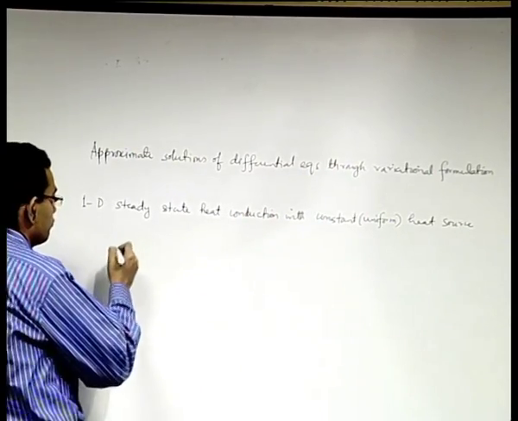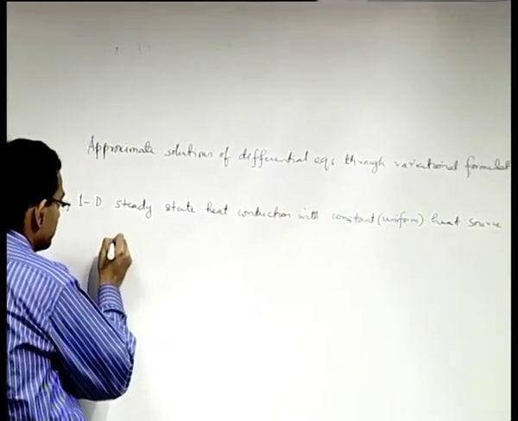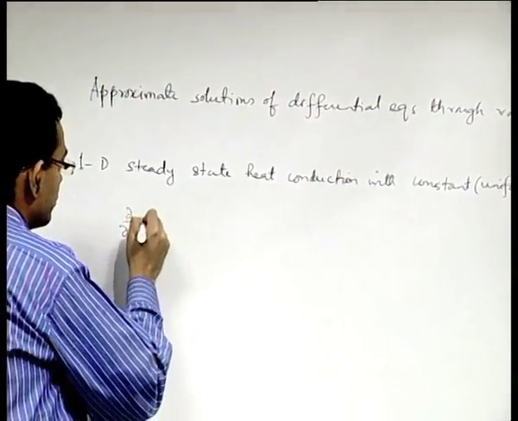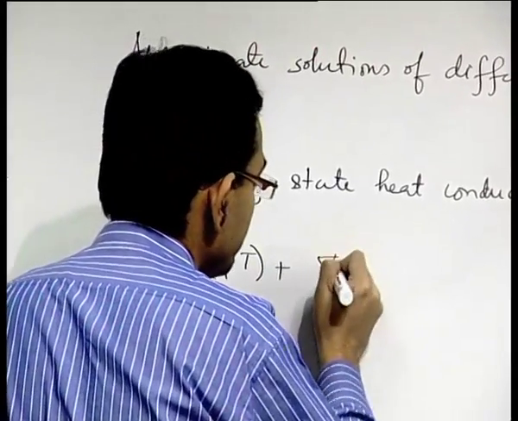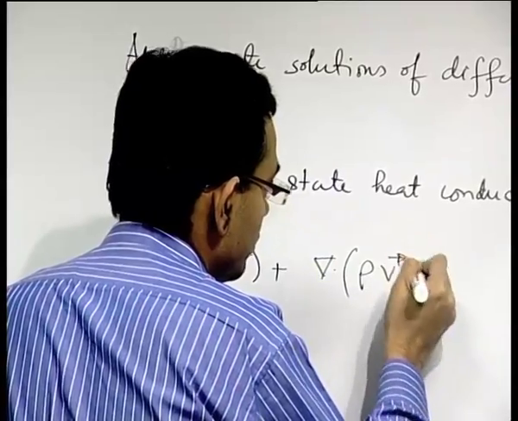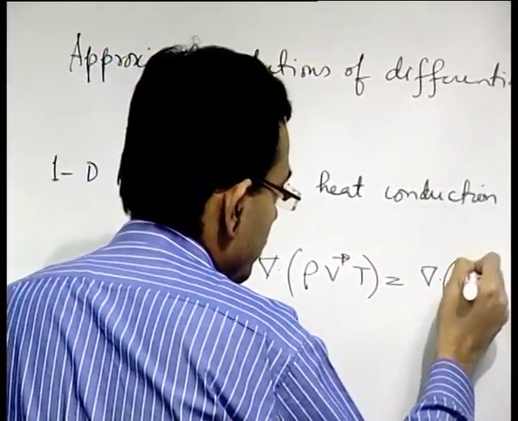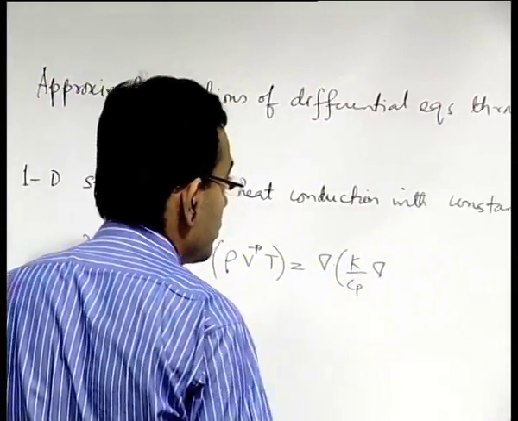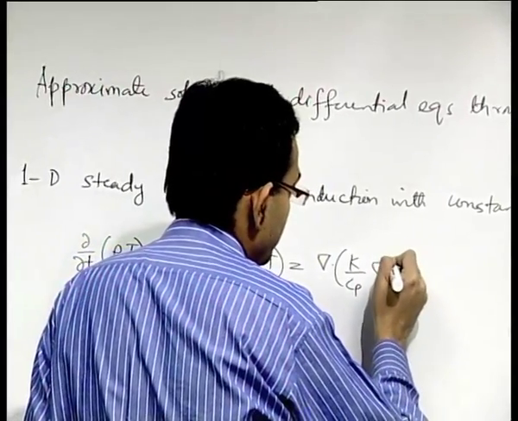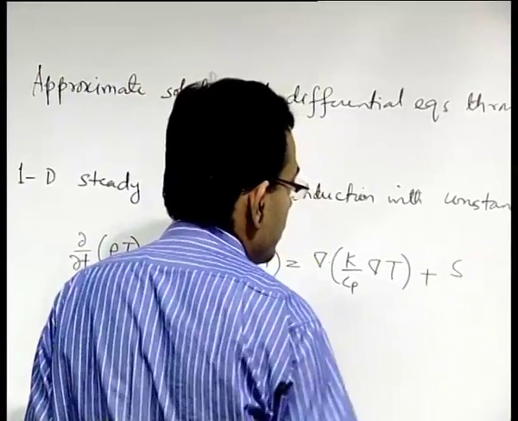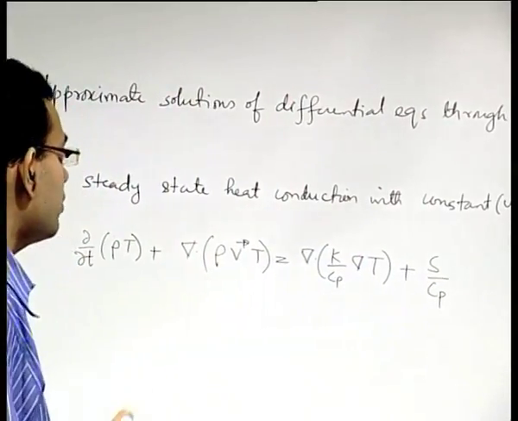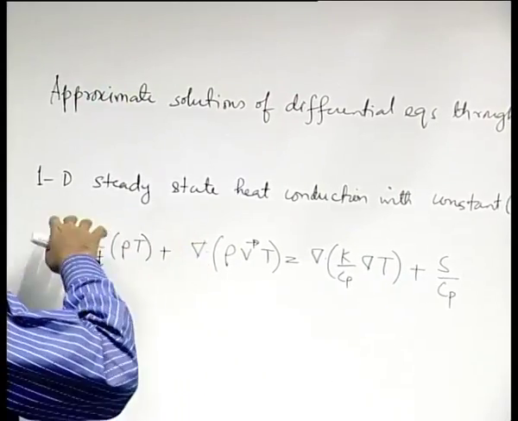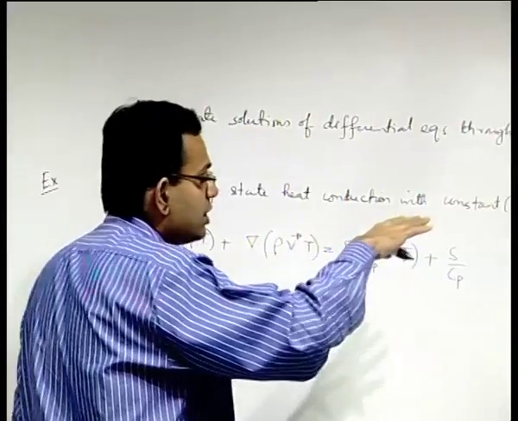Let us write the general governing differential equation in a conservative form. Let us make a further simplification, that not only it is a one dimensional steady state heat conduction with constant heat source,